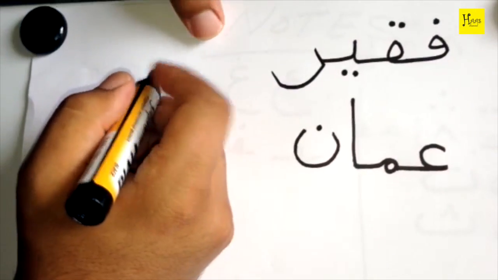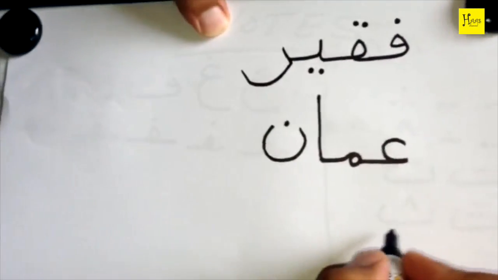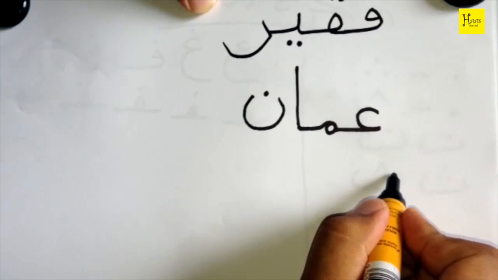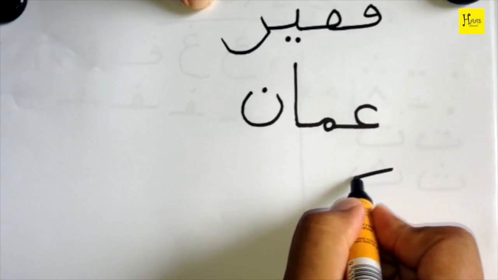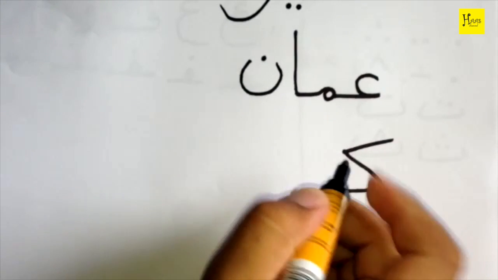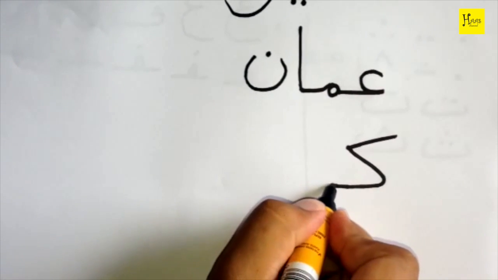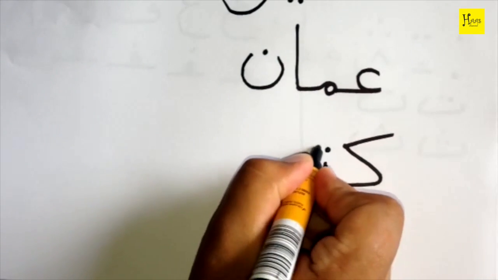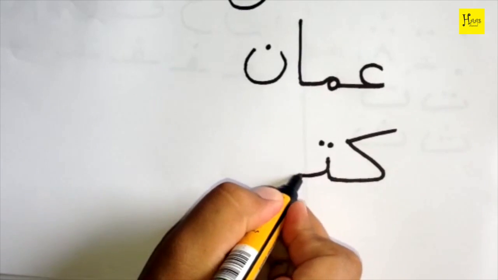Okay, for example, the word kitab, meaning book. So kitab. We'll start with the Kaf, initial position, ki, then Ta in the medial position, kita, then Alif,